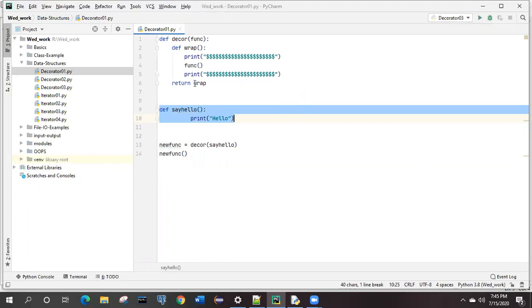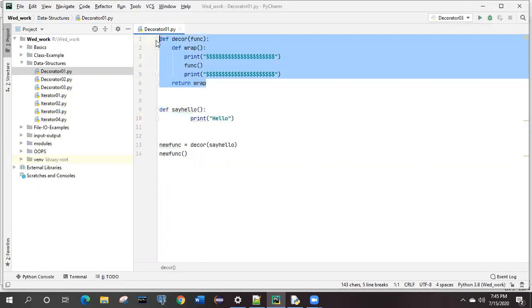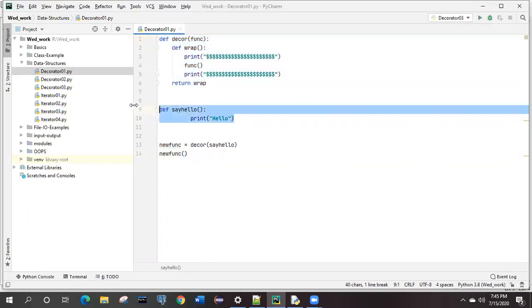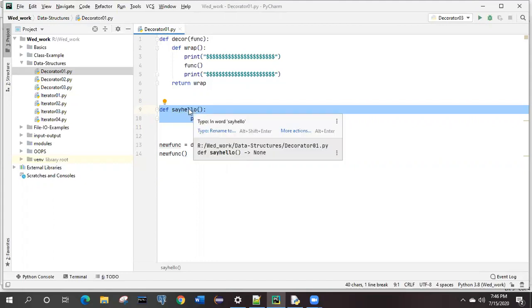Okay, so for this decoration we have written the code over here. The decoration part of the function, you can write it anywhere, after the main function or before the main function. Like this say hello function I have written over here, you can write it in the first line itself, there is no issue. Only what you have to do is make use of this say hello function somewhere inside decor. That is the decorator function's given name.